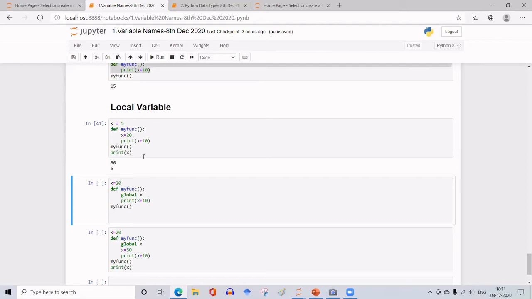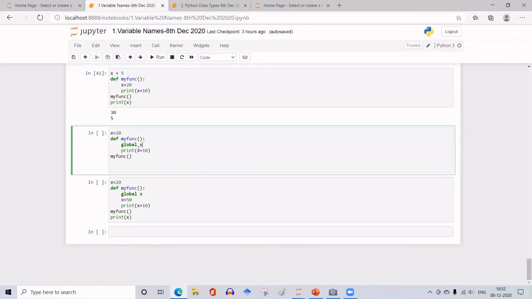So in this example, this is the global variable. In whatever you do after coming out of this function, if you take x, it will always take the x value as 5 because that is the global variable. And within this function, whatever you do with x, it will take x as 20 because I have assigned 20 to that x. Even though the names are the same, they will have the data either 5 or 20, depending on whether it is in the global state or the local state.